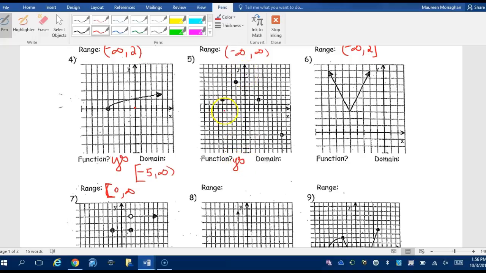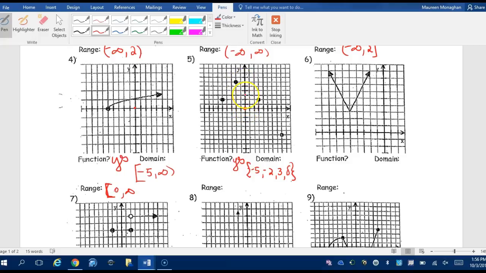What is the domain? Oh, well, now this is not connected. So the points would be, here's the origin, 1, 2, 3, 4, 5. So the domain is negative 5, negative 2, 3, and 4, 5, 6, 7, 8. 8. And the range is,